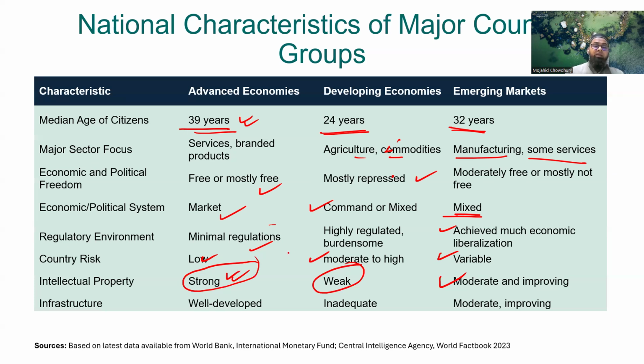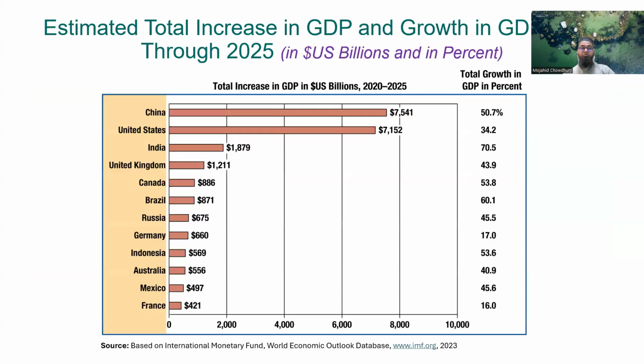Now, if we go to the infrastructure, we'll see advanced economies are highly developed. Okay, and we see the developing economies are not that much developed, and emerging markets are in the moderate scale. So let's have a look